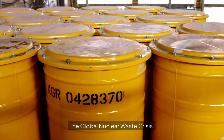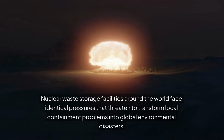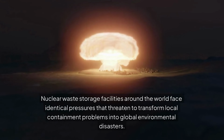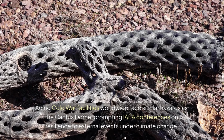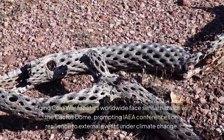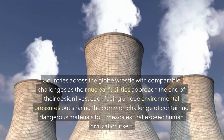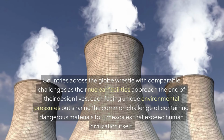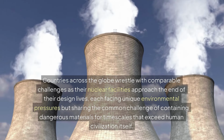Nuclear waste storage facilities around the world face identical pressures that threaten to transform local containment problems into global environmental disasters. Aging Cold War facilities worldwide face similar hazards as the Cactus Dome, prompting IAEA conferences on resilience to external events under climate change. Countries across the globe wrestle with comparable challenges as their nuclear facilities approach the end of their design lives, each facing unique environmental pressures, but sharing the common challenge of containing dangerous materials for timescales that